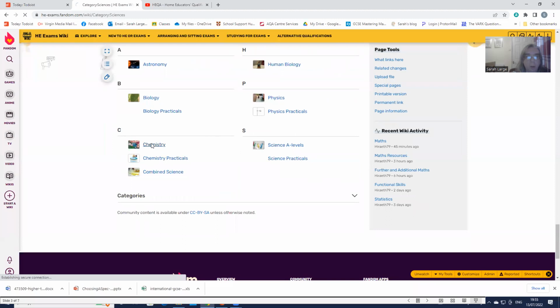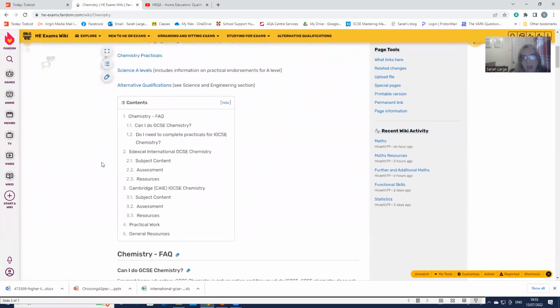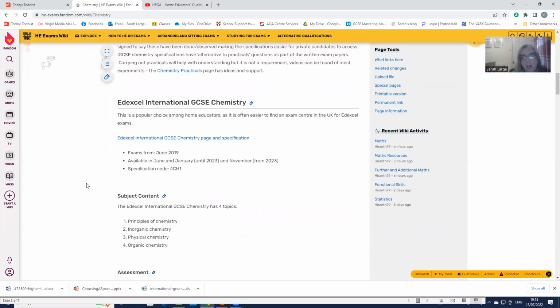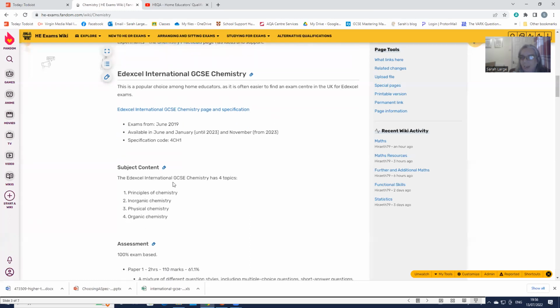I'll show you an example of how we've got the pages. So you've got a few questions. It tells you when the syllabus started from, when it's available, because IGCSEs are usually available twice a year, not all of them, but starting to be more. Hopefully they're changing next year, but at some point I'm going to have to go and change every single page again next year. It tells you the code. The specification code is what you'll be asked for when you book. The link takes you to